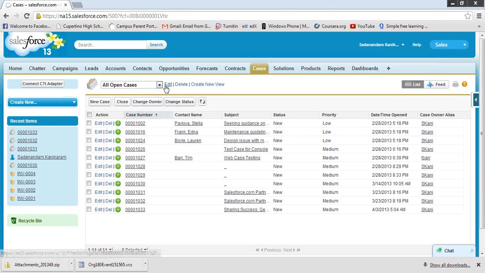So if we look at the same example I was mentioning in our presentation, we have one of the object tabs, let's say accounts, or we look at cases, right? So cases, we have, I think I passed it.